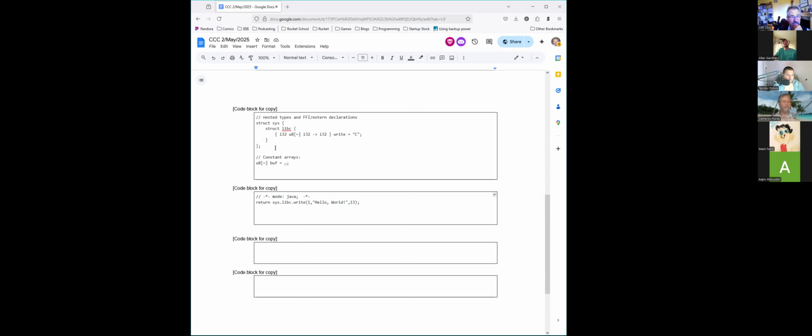Then I needed a sys.libc. That's a nested type. I don't have nested types. Well, I do now. So part of the week was getting nested types in. I don't claim they're super well tested. But in theory I can make fields inside of sys as well as in libc, which I make right here. So nested types can now be declared and used. There's nothing about inner classes or the inside of a struct pointing to the outer sys or anything. These are all static classes with name scopes.